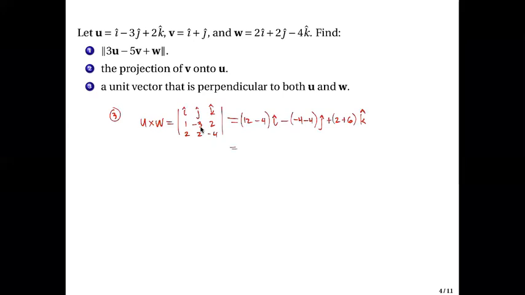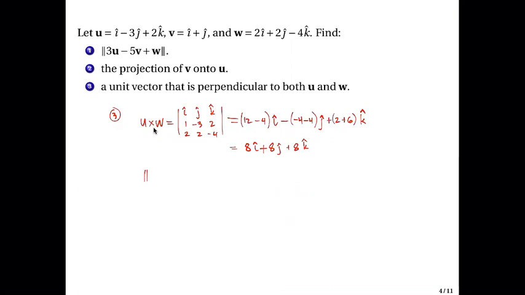So if we simplify this, we have 8 i hat minus, oh, this becomes plus, correct? Plus 8 j hat, then plus 8 k hat. So this is perpendicular to both u and w. We need a unit vector. Okay, so let's just get the